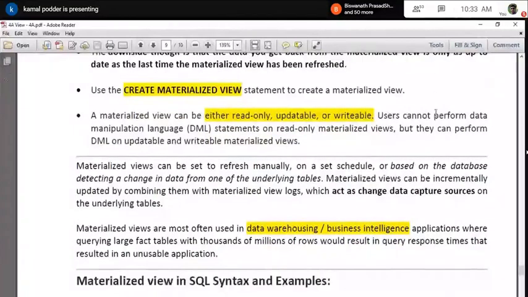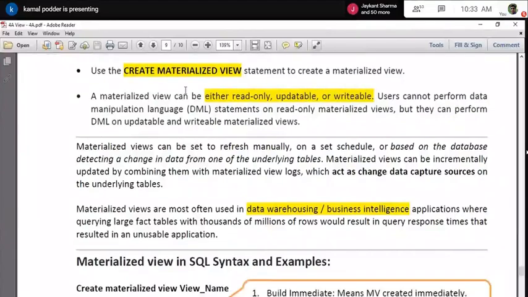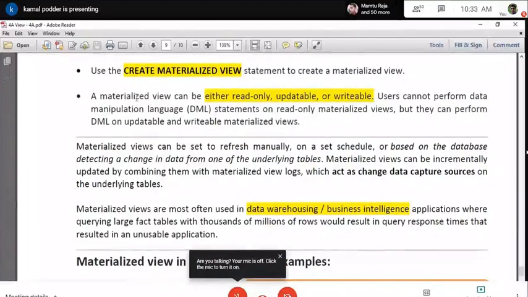Now, how to create a materialized view? Earlier it was create view, but here you have to say create materialized view. And mind it, a materialized view can be read-only, updatable, or writable.